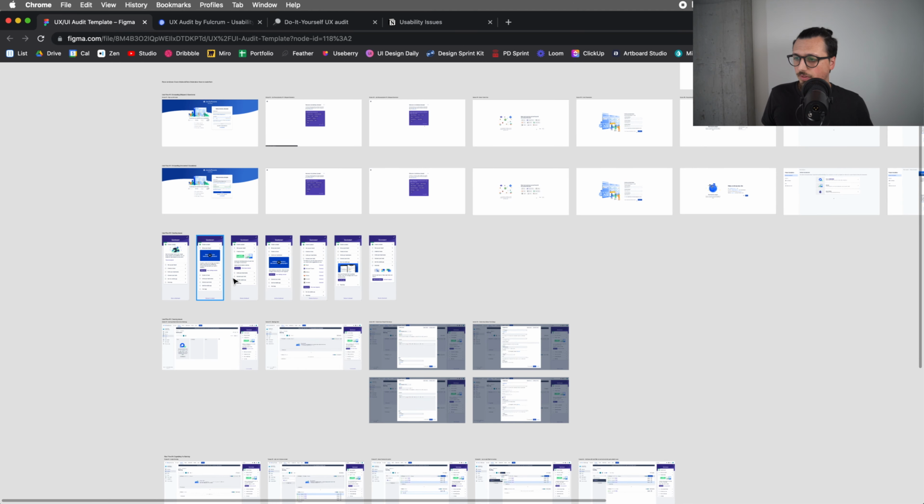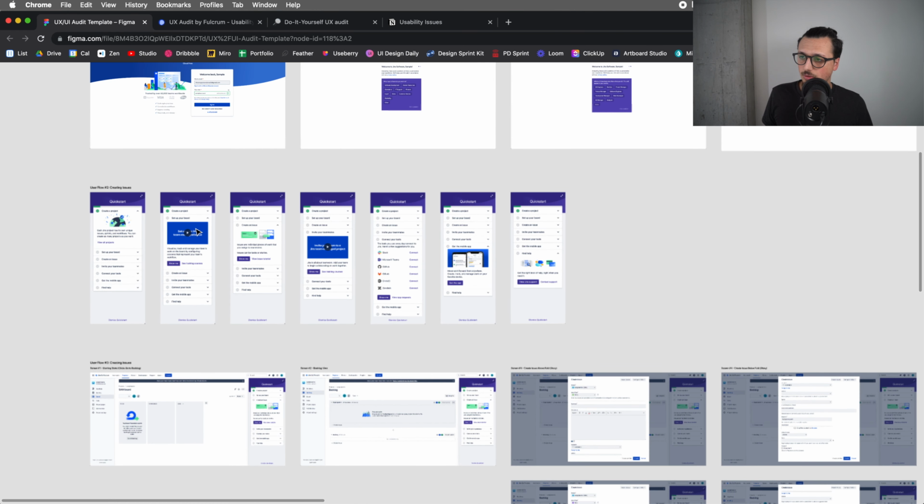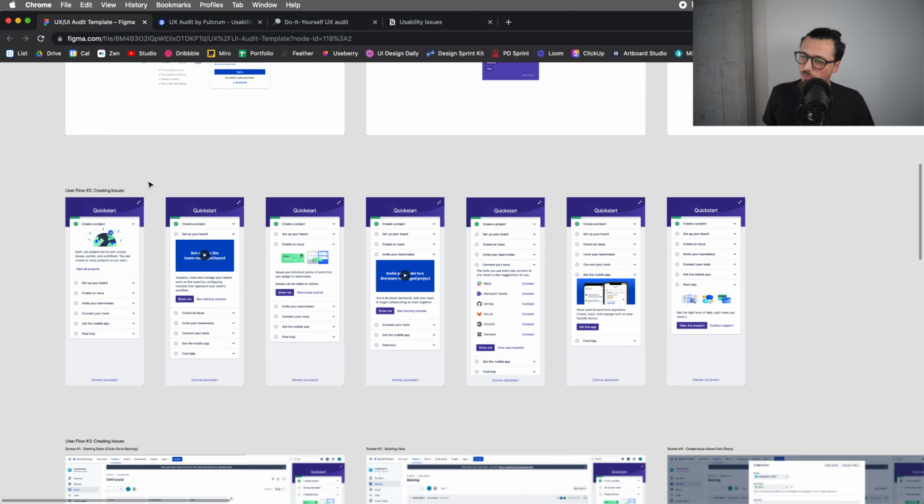Another user flow, which I hadn't accounted for initially, is this quick start. It's not really much of a flow as much as it is just a quick way of seeing all of the different ways that you can use the product. I just wanted to show these because if you're going to get onboarded, I think these two user flows can play together. They kind of do, it takes you from one to the next, but I think some of what is here in user flow 2 can be added in user flow 1,